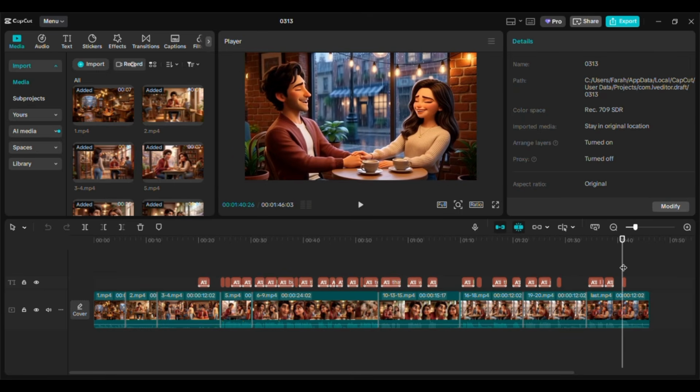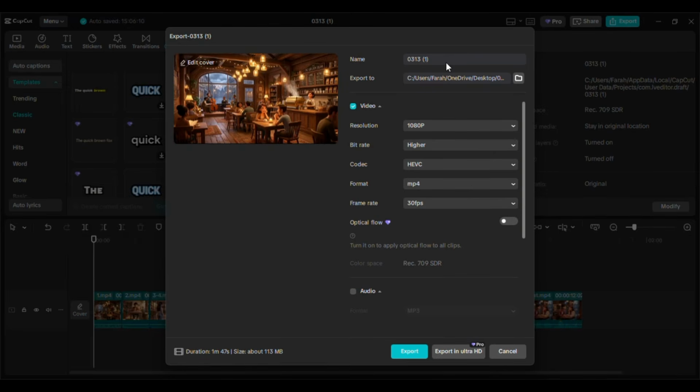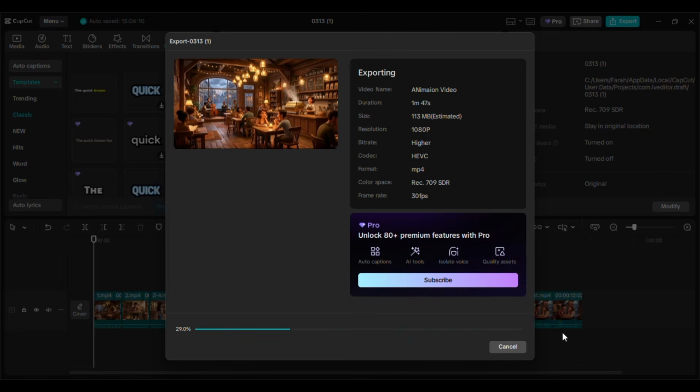After that, export the final video in high quality so all the visual details remain sharp. And just like that, your complete AI animated story is ready with multiple characters, natural dialogue, and cinematic scenes created entirely using AI tools. As you can see, this method makes it much easier to create engaging animated stories without